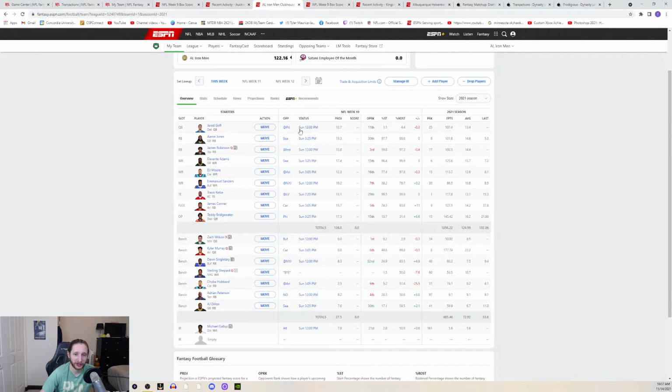But as of now, I'm putting Jared Goff in there because here's the thing. Kyler Murray doesn't play until 3 o'clock. So if I want to pivot from him, my only other option right now is Jared Goff because this is a 2-quarterback league. There's really no options on the waiver wire. So I have to make a decision now before the noon games. Do I want to wait and hope and pray that Kyler Murray plays, but if he's ruled out, then I won't have another quarterback to put in there, right? Because Teddy's already in and Zach Wilson is doubtful to play. Plus, even if he was playing, he's also playing at noon.